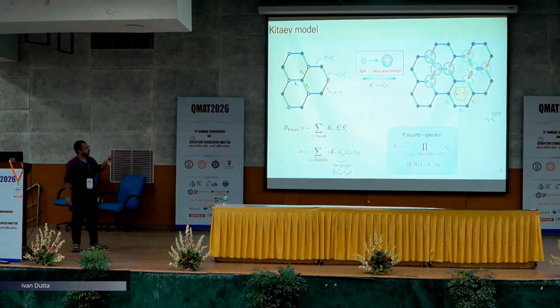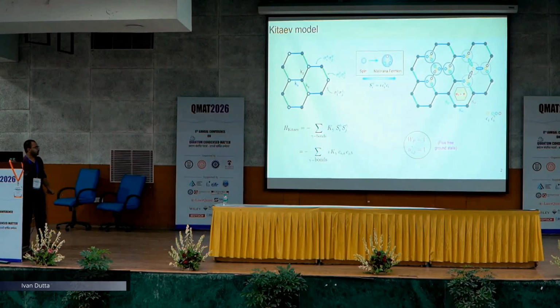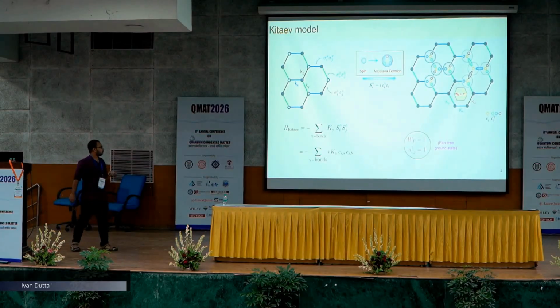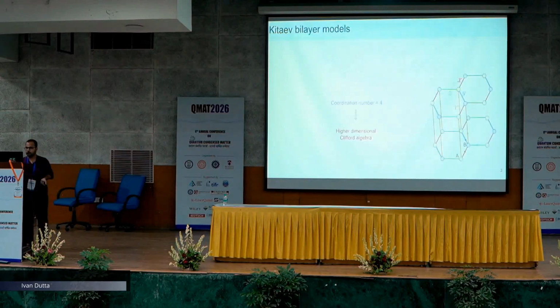So if we can identify for which plaquette values throughout the lattice my system has the ground state, then I am done. And in this regard, for the Kitaev model, it shows that for all the plaquettes, the plaquette values are 1. That means it is a flux-free ground state. So a conventional choice is taking all the link operators to be 1, and then it is a very easy problem which can be solved exactly by simple Majorana hopping problems.